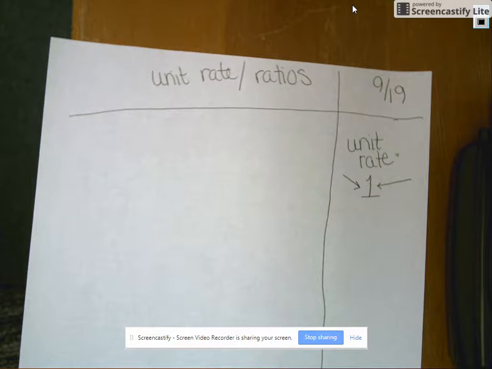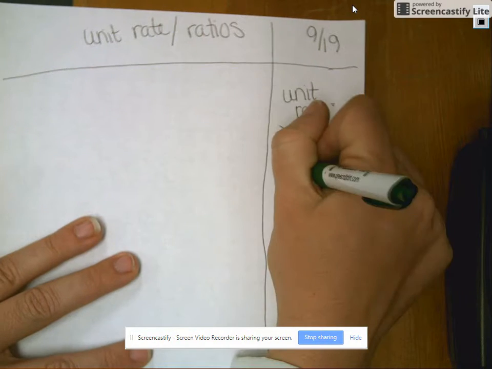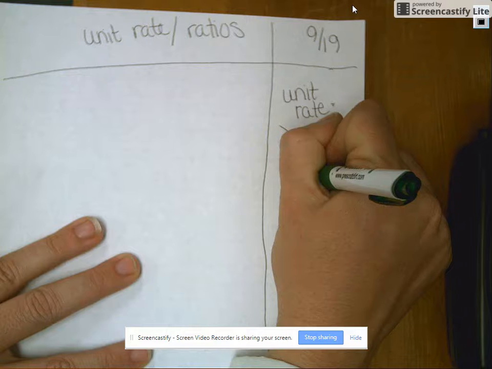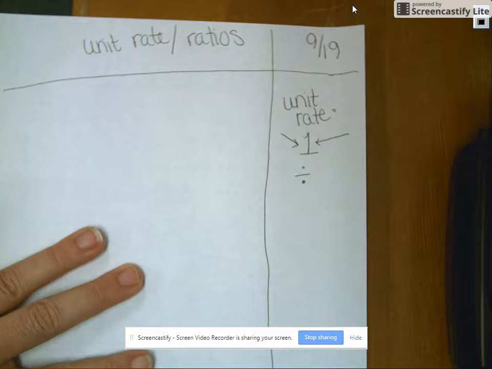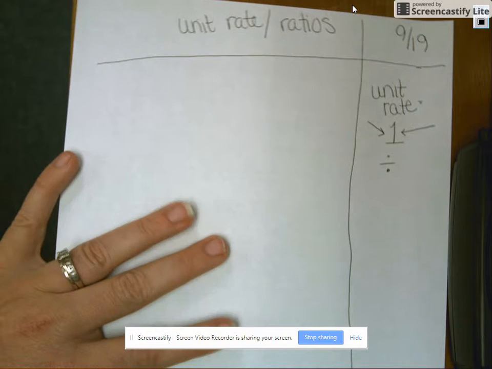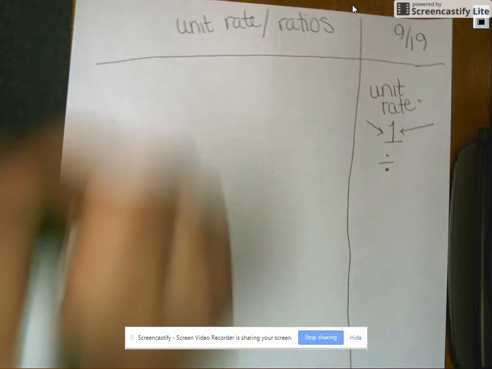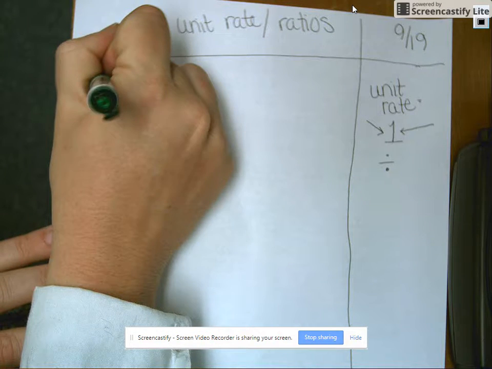So unit rate is when you have one. And remember, you get unit rate by dividing, okay? So you find the unit rate by dividing, and that's what you get when you have one of something. Okay. Just to review,